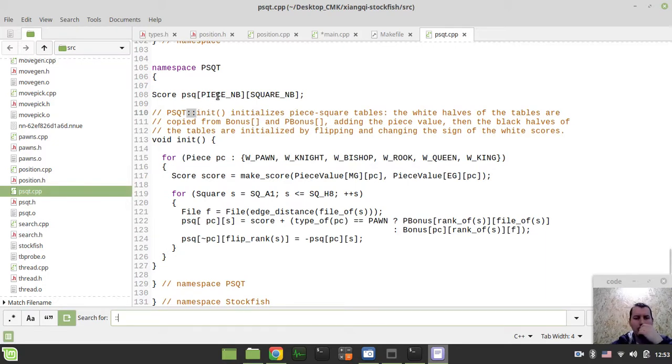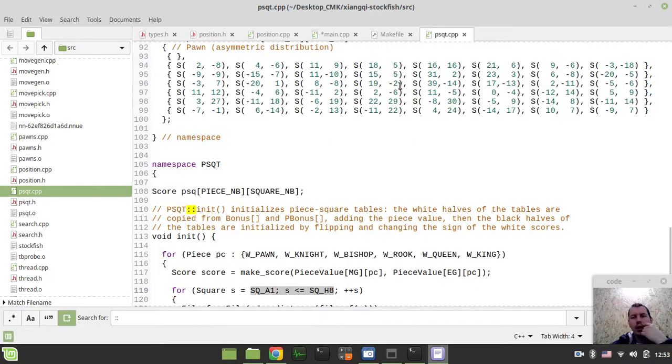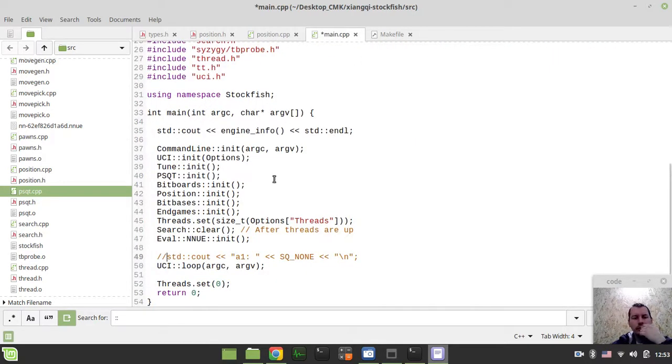Okay, by the way, it also relies on the square numbers. Well, actually, for perf testing, if I disable the entire p-square tables, this should be fine. Okay, anyway, let's try to